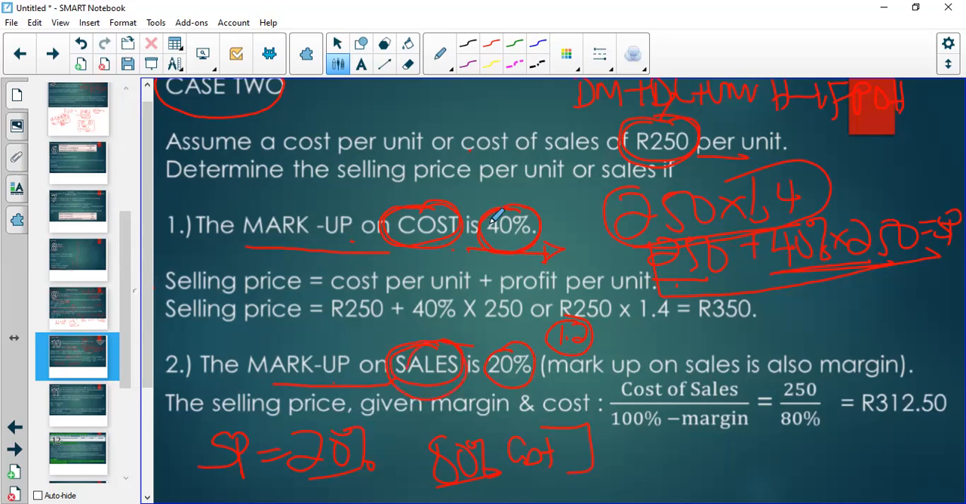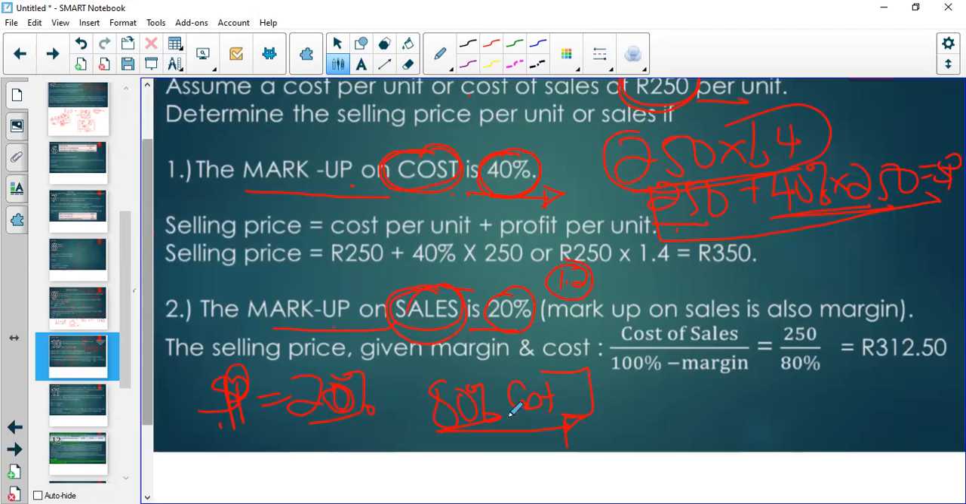With markup on cost, you just add that markup. But with markup on sales, you need to subtract it from 100%. If the markup is 20%, it means in the selling price, 20% is going to be the profit, right? Then 80% is the cost. So obviously, if 80% is the cost, then